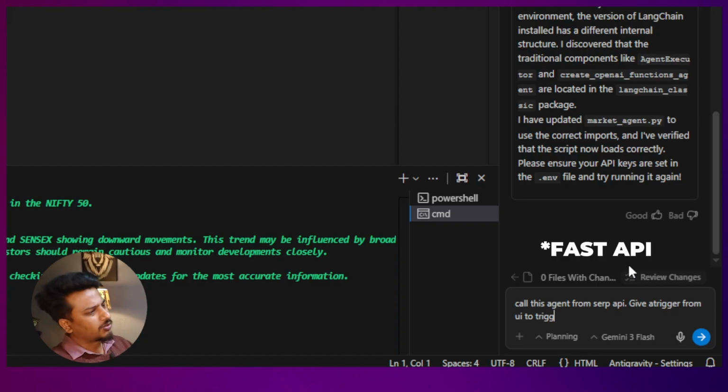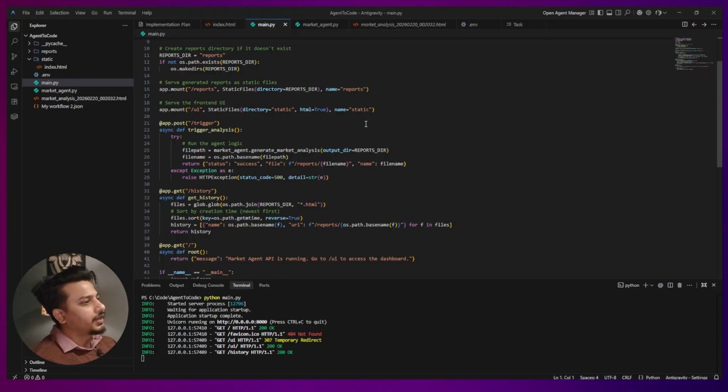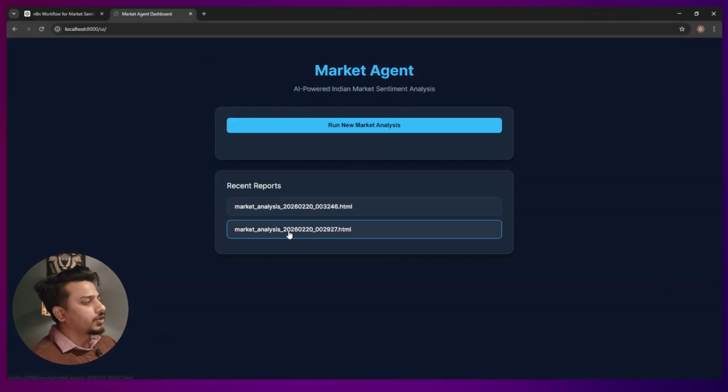give a trigger from UI to trigger this agent. So basically I'm just giving a trigger so that we can trigger this agent instead of directly running it from the code itself. So now it is going to give me a UI from where we can simply trigger this agent. You can download the file. Okay, so our UI is also now completed, and it has created a set of APIs which is going to trigger the main agent, and a dedicated UI from where you are going to call these APIs